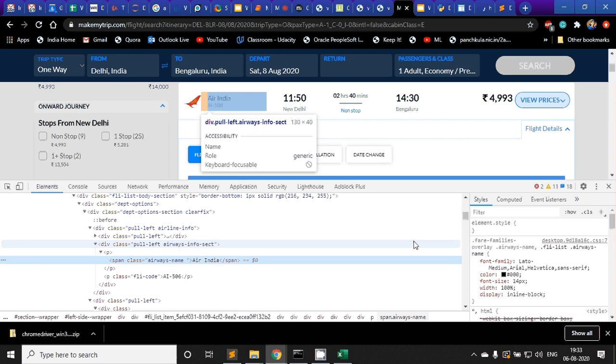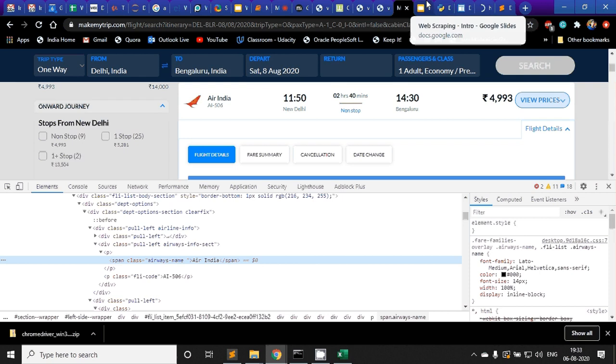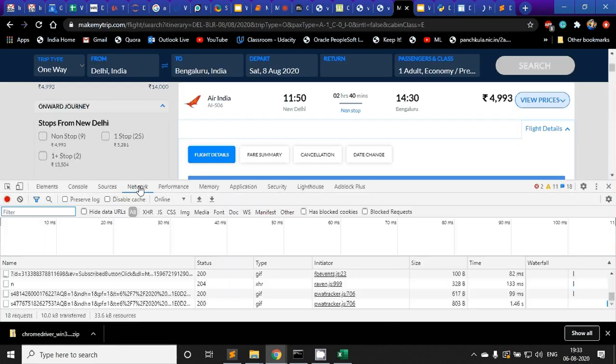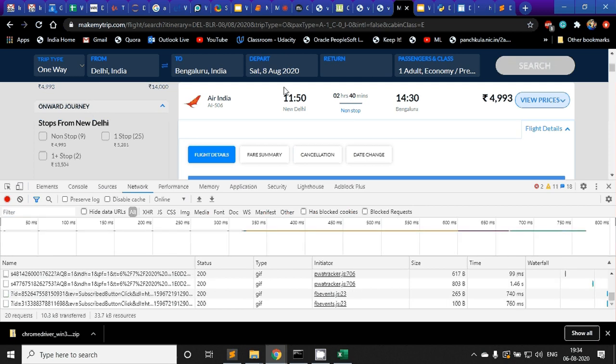We went to this network tab, we did the whole process of search, and even if we clear it and just reload the site, we can see that we have a request.